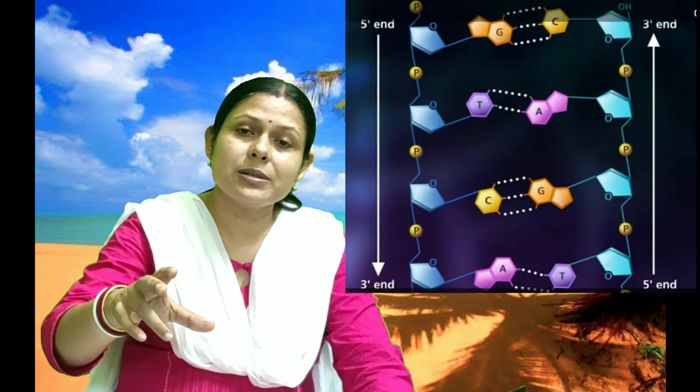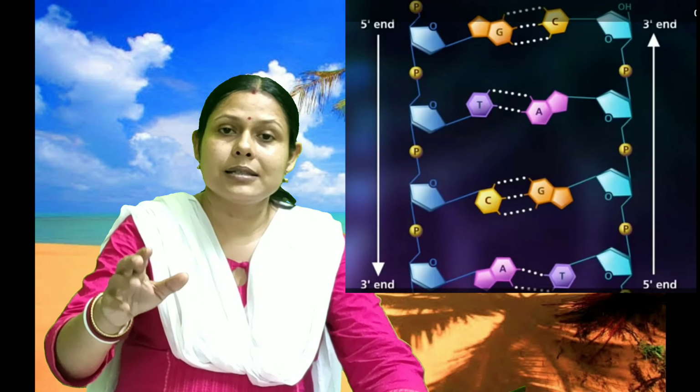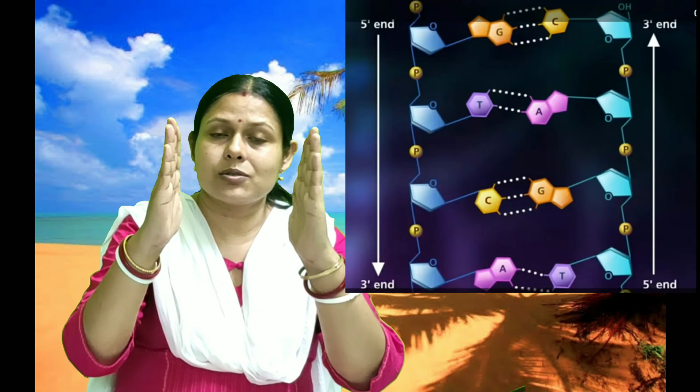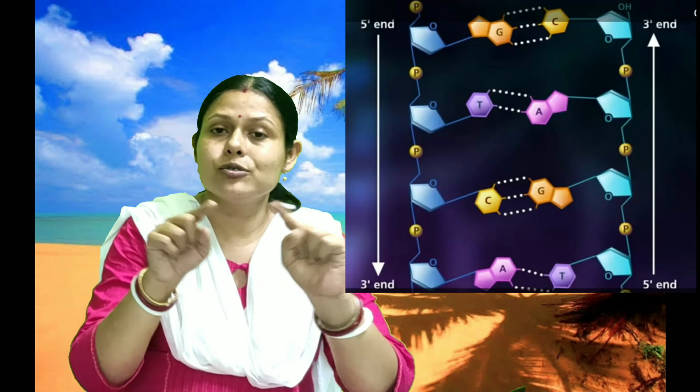So the backbone is made up of sugar and phosphate, and the association between the two chains of the DNA is made by hydrogen bonding between the nitrogen bases. Hydrogen bond is a weak bond. That is also the reason why the DNA thread can be separated by certain enzymes that degrade the bonds between the two DNA chains, so that replication can take place easily and the parental strand can act as a template. Template means the strand on which the new strand will be formed.